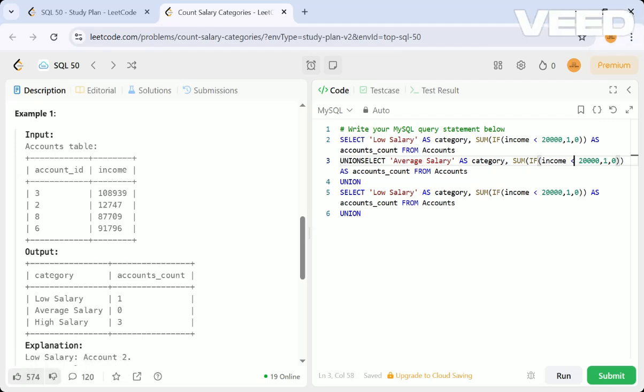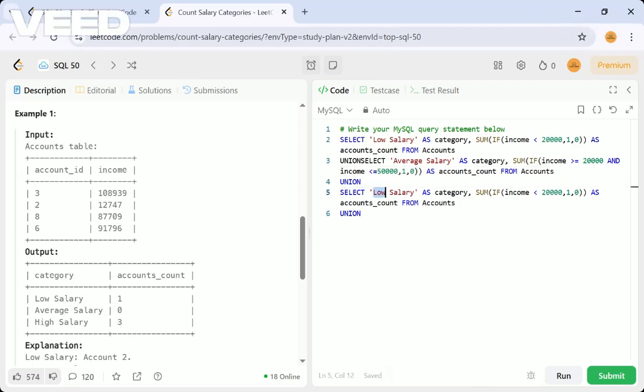One is greater than or equal to 20,000, and the other is income less than or equal to 50,000. If this is satisfied, then one, considered as accounts count, from the Accounts table itself, and UNION.